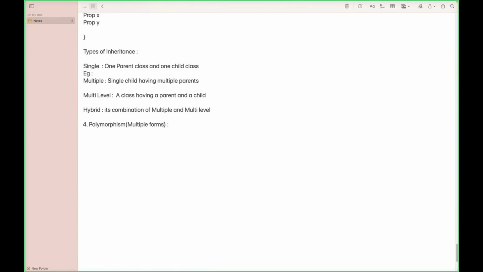So what is the meaning of multiple forms here? See, one thing is represented in multiple forms. You're understanding the point? So one thing is represented in different forms. So the classic example, the real world example that we see is, say for example, in a family, let's take